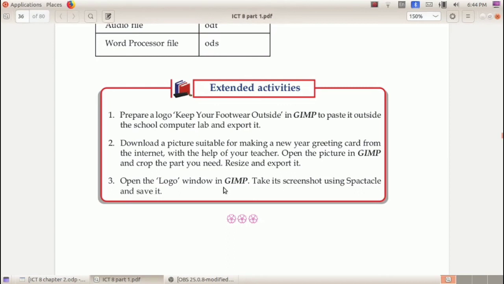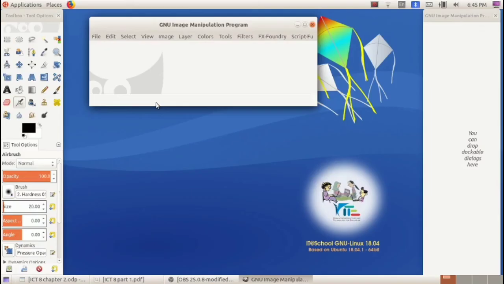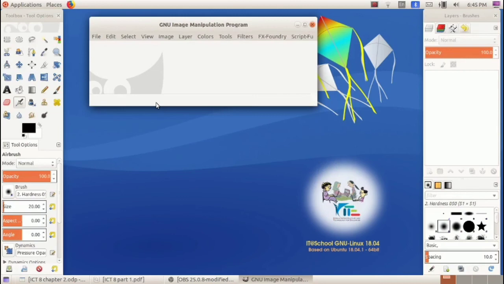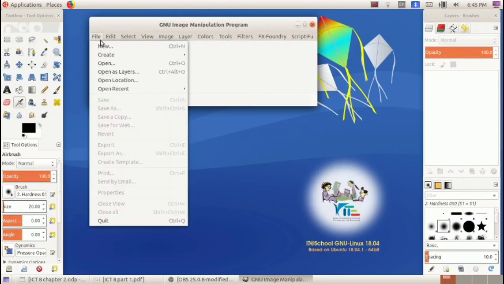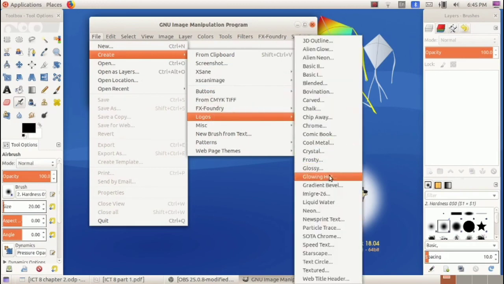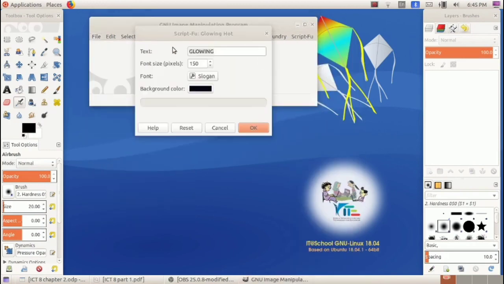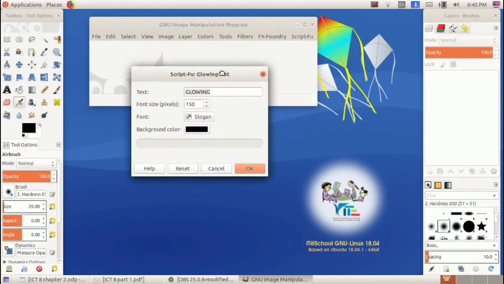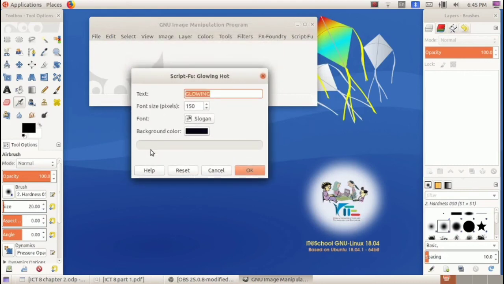Next, our third activity is: open the logos window in GIMP and take the screenshot using Spectacle and save it. We have to open the logos window. From file, create, logo, select any one. This logo window is opened. We have to take a screenshot of this window using Spectacle